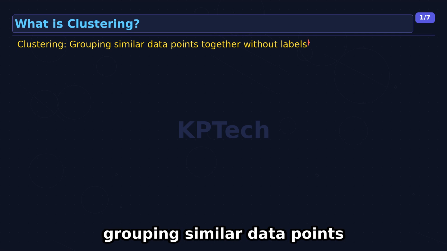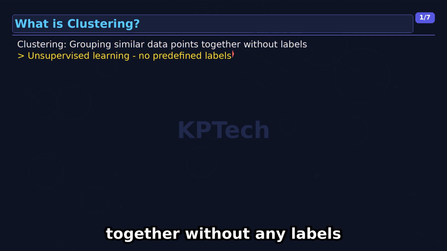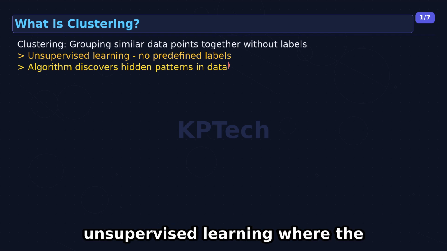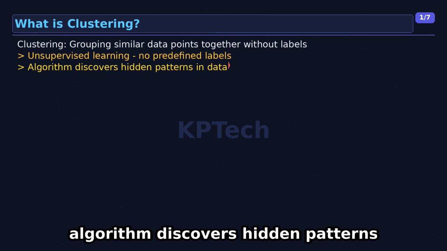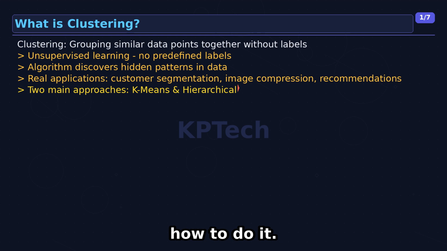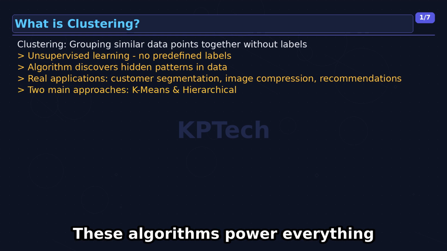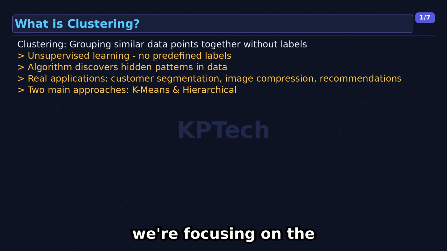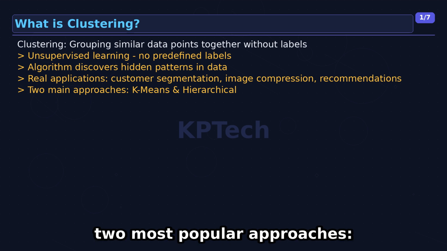Clustering is all about grouping similar data points together without any labels to guide us. It's a type of unsupervised learning where the algorithm discovers hidden patterns on its own. Think of it like organizing your messy closet by color and type without anyone telling you how to do it. These algorithms power everything from customer segmentation to recommendation systems, and today we're focusing on the two most popular approaches,